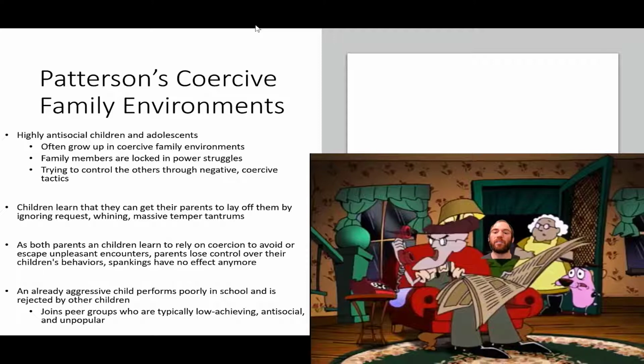Thus, corporal punishment becomes less effective, and whatever level of regulation there was of a child's behavior through corporal punishment is now less effective, and thus a child who's underdeveloped socially, or developed